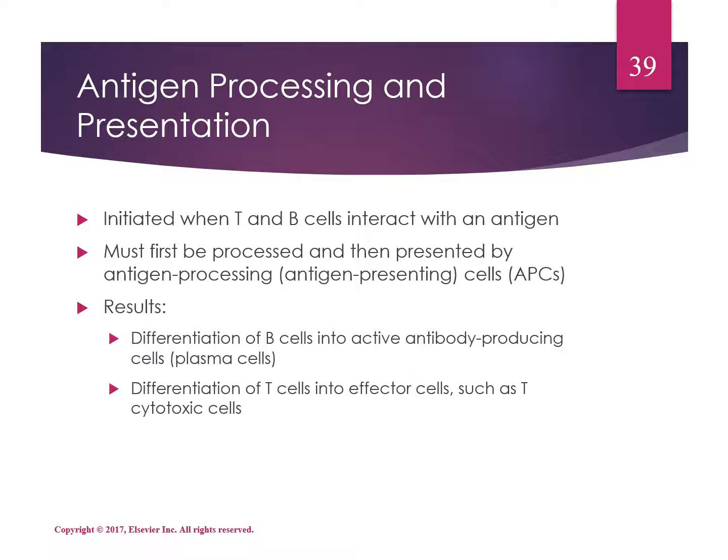T lymphocyte function: activation of other T and B cells, control of intracellular viral infections, rejection of foreign tissue grafts, and delayed hypersensitivity reactions. This is cell-mediated immunity. Mature T cells are CD4 helper and CD8 cytotoxic. Helper T cells help the activation of other immune cells by releasing T cell cytokines. Cytotoxic T cells kill cancer cells, cells that are infected primarily with a virus, or cells that are damaged in